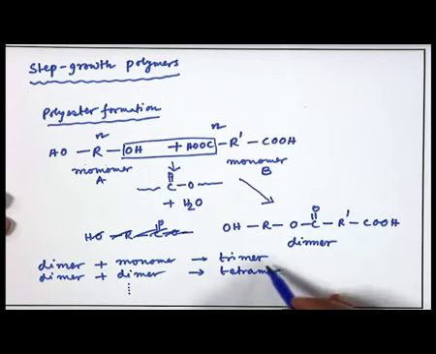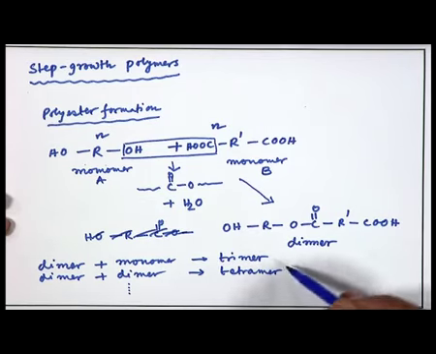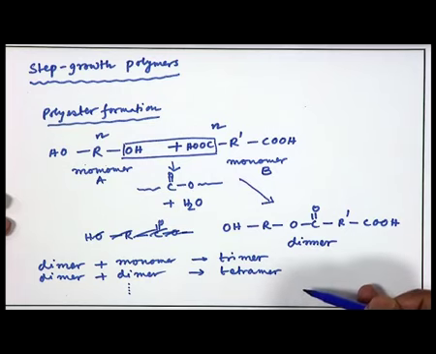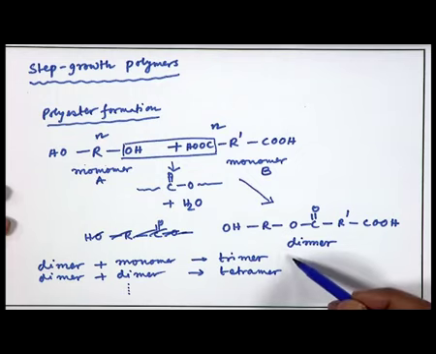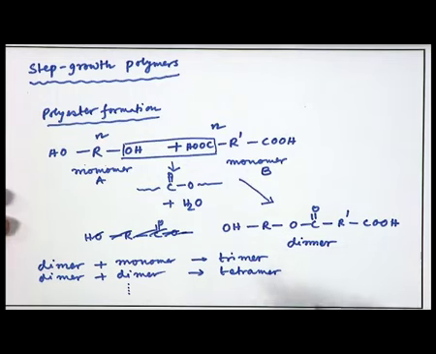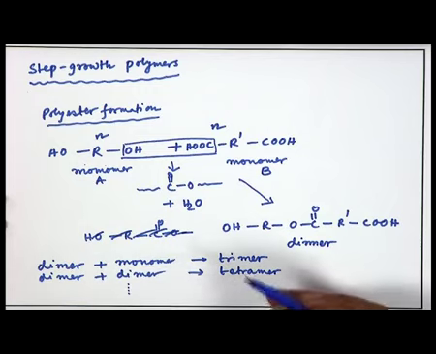So, in this case how are the polymers growing? The polymers are forming in steps, like dimer, trimer, tetramer. It is not that at the beginning they are forming polymer chains of high molecular weight. In this case they are forming in steps, as I explained to you: dimer, trimer, tetramer, hexamer and so on. So, slowly the molecular weight will build up, and that is the reason we call this step growth polymerization,